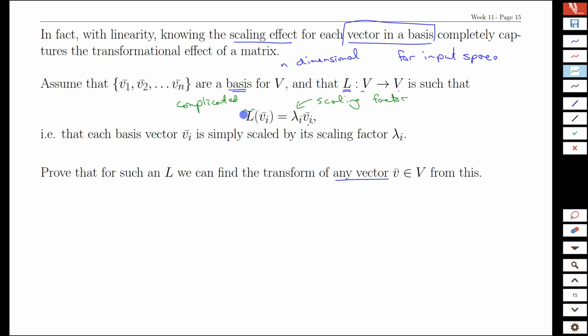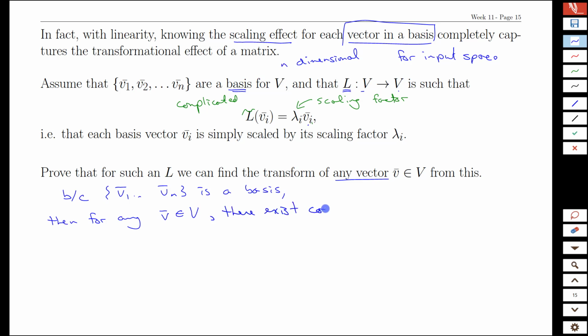It'd be an n by n matrix, could be full of numbers, who knows. As long as we can find some building blocks that are simply scaled, then we have all the information we need to reconstruct that. All right, so let's do this proof. Because the set v1 to vn is a basis, then for any vector in V, pick any arbitrary vector in V, there exist coefficients